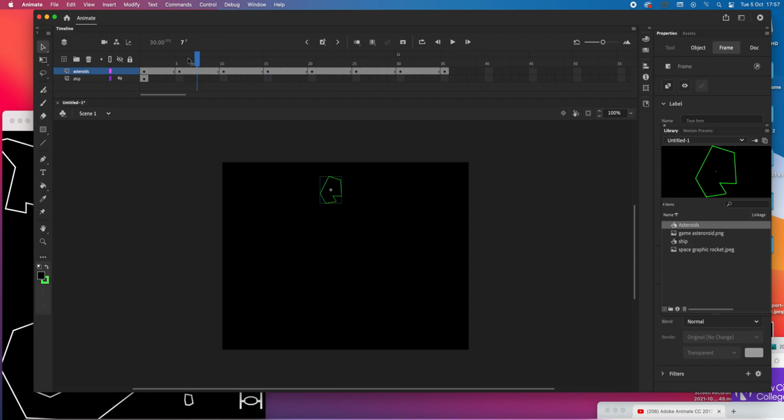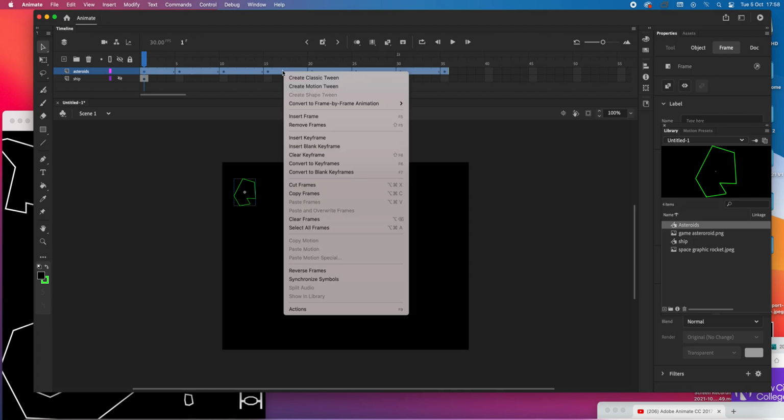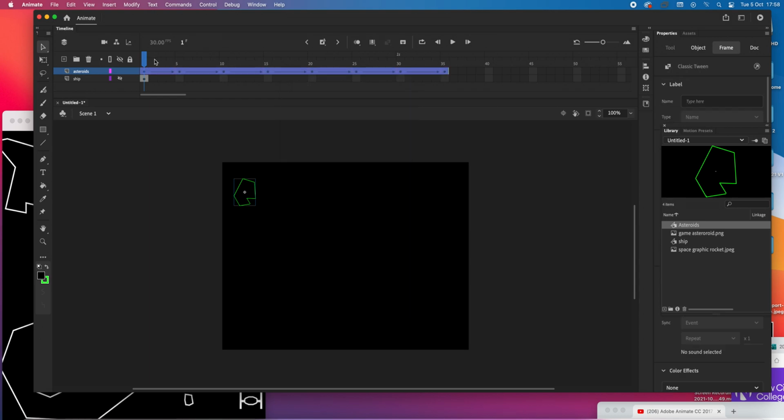So if we move the playback head, you can see that we've got the rocket going around the stage. It's rather jerky, so we actually need to tween this layer. And if we select all of this layer, right click and choose Create Classic Tween, so it goes smoothly around the stage,